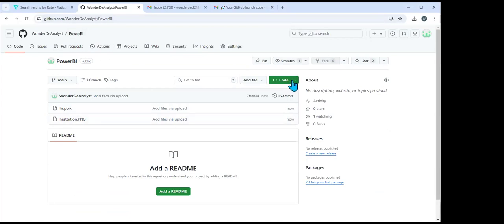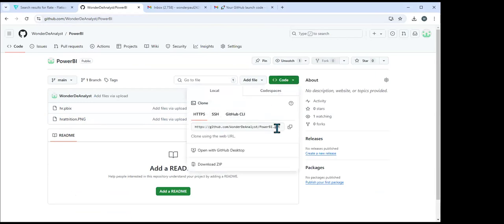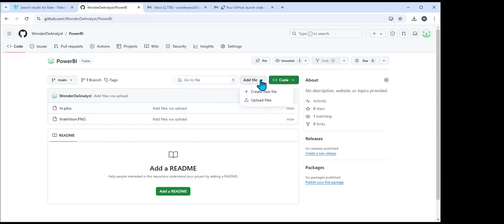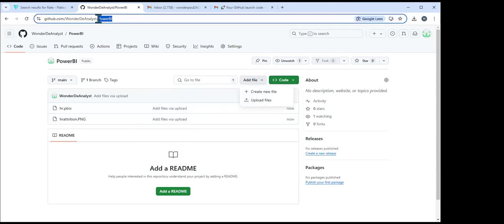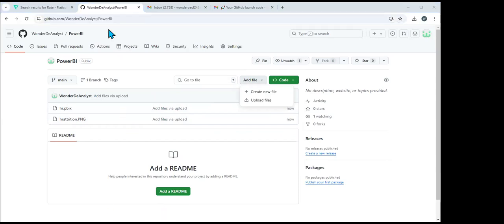Just come to this place where you have code. Click on the code. Then you will see a link here. This link is actually to clone. Somebody can clone your project, or you can just copy this URL for the person. Once I copy it and paste it in our chat, you can click on it. It will take you directly to